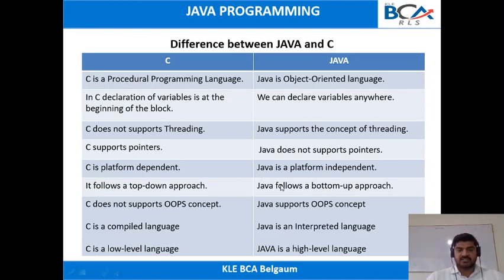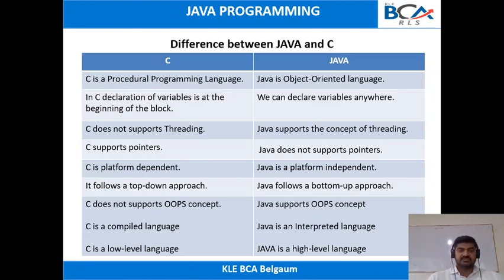Now consider a Java program. In Java, you'll have a set of methods. After the class, you'll have variables and a set of methods. After all the methods, you'll have the main method. So the main method is at the bottom of the program. In Java, the execution of the program also starts from main. Main is at the bottom, so Java is a bottom-up approach. C is a top-down approach because main is at the top.